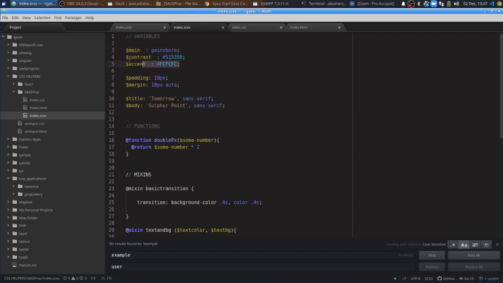So these are colors. I have a main color, a contrast color, and an accent. That's how I usually set it up. I've set up all my variables at the top of my style sheet. Here I'm setting up some padding and margin variables, so that I don't have to specify the exact number